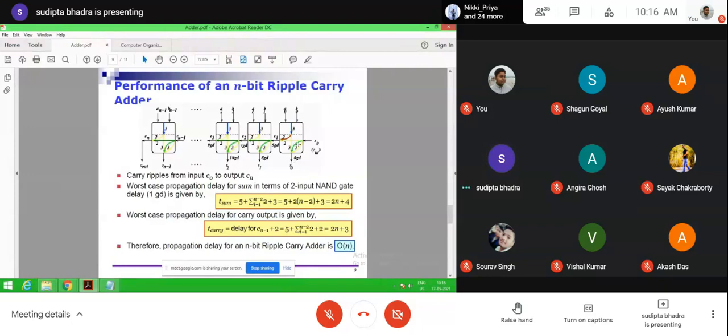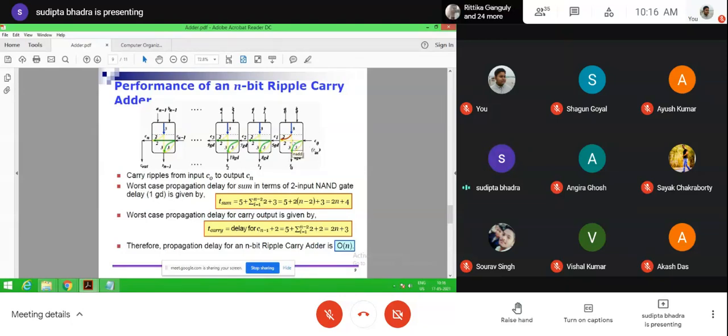Here you see, to get a sum, the gate delay is 6 GD. Okay, means the inputs A and B, and then we have that particular carry.